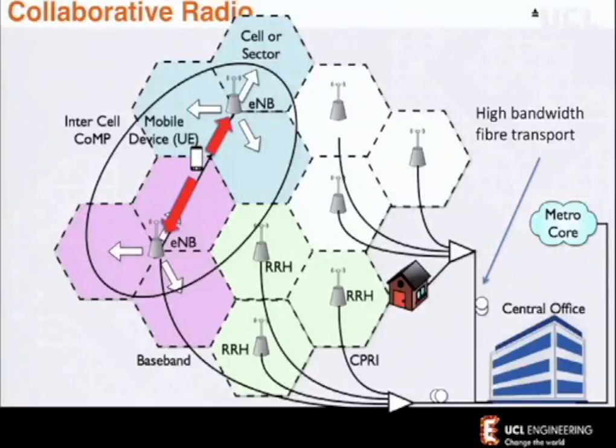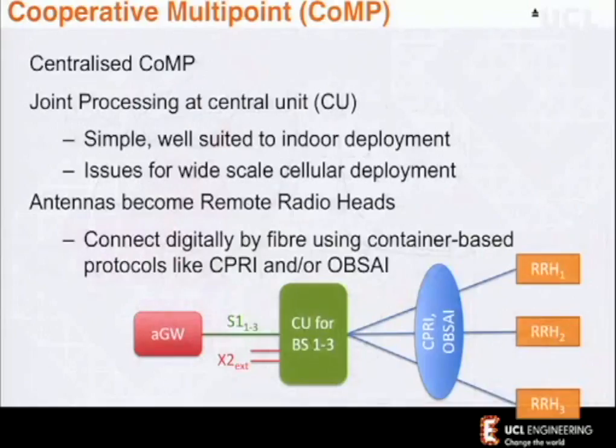So let's think about a user at the cell edge here. Now, this is typically the part of the network where you're going to have the lowest coverage. Now, what sort of technologies are coming through? Well, one thing you may do is have small cells or HetNets that give additional capacity in those areas. But this may just be a point where you wouldn't necessarily want that extra capacity. You're just at a borderline between two parts.